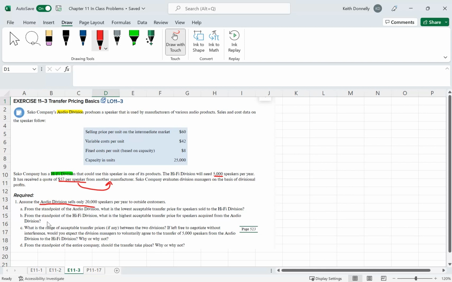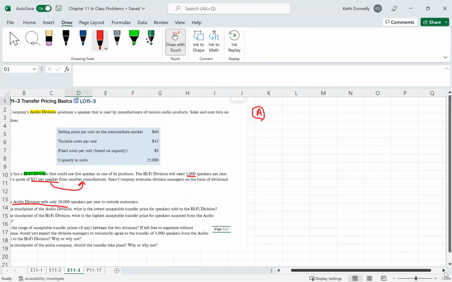Based on that fact, they want to know a few different items here. So A says, from the standpoint of audio division, yellow right here, what is the lowest acceptable transfer price for the speakers to be sold to the hi-fi division? Right, so